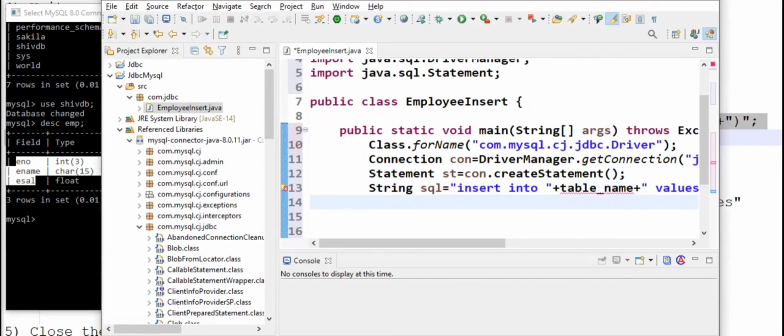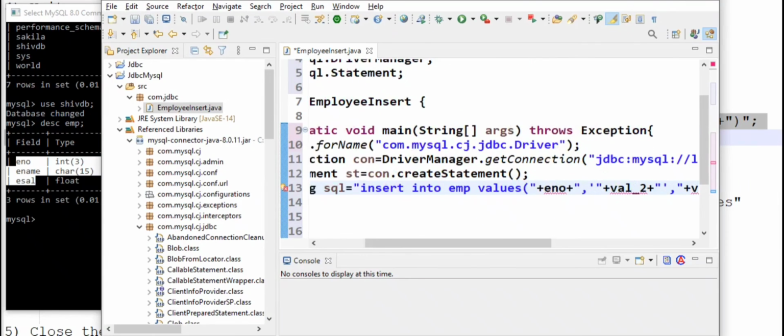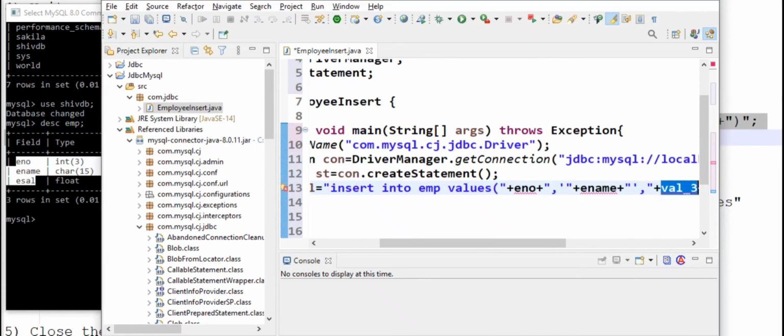So we do not have to take dynamic input for the table name as we have already selected our table. Value 1 should be ENO as employee number. Value 2 should be in string format of ename and value 3 should be esal.